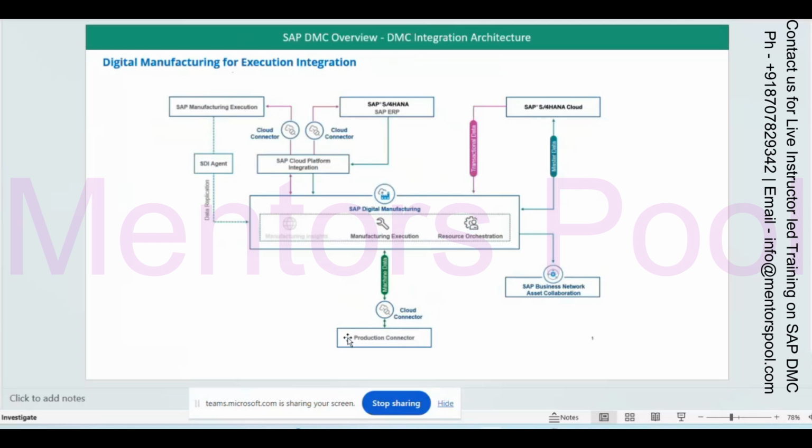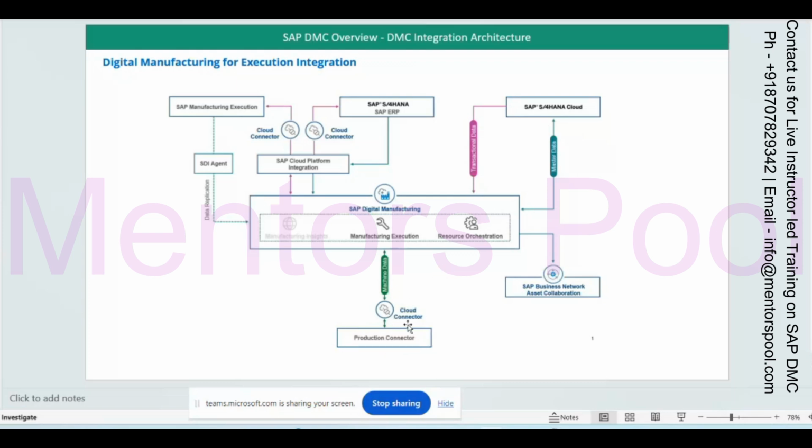So either Pico or production connector you can use. You don't need to use both at once, any one you can choose. This is the latest tool from SAP, and Pico came earlier.